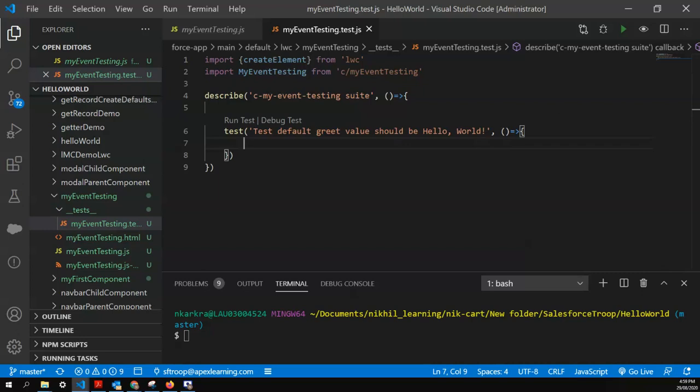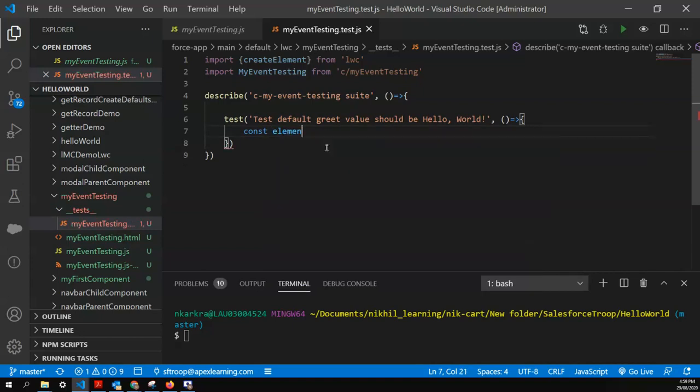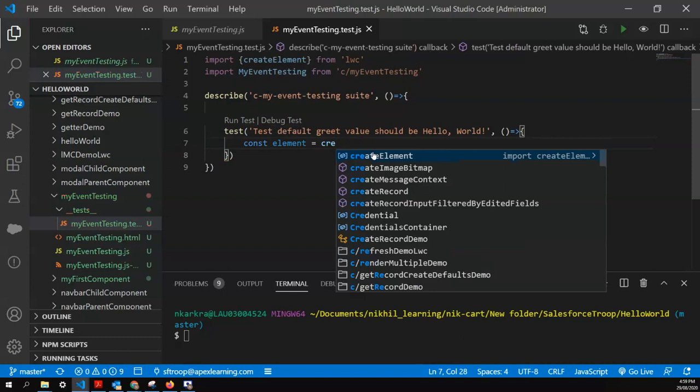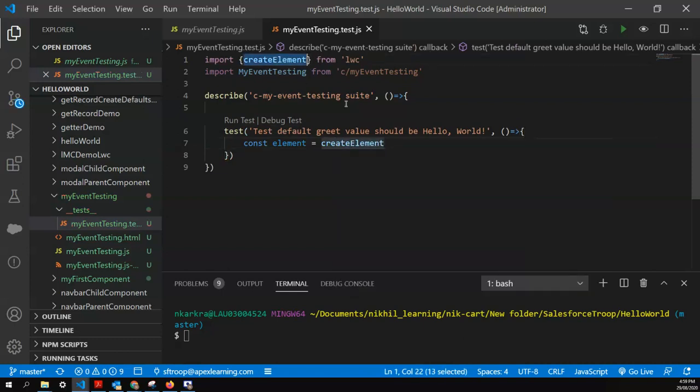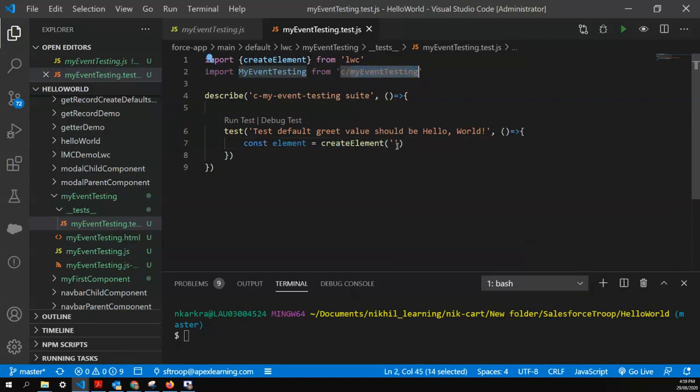First thing we need to do is create an element, and to create an element we need to use the createElement function that we are importing. Within this, we specify what type of element we want to create. We want to create a my event testing element, and you can name this the way you want.